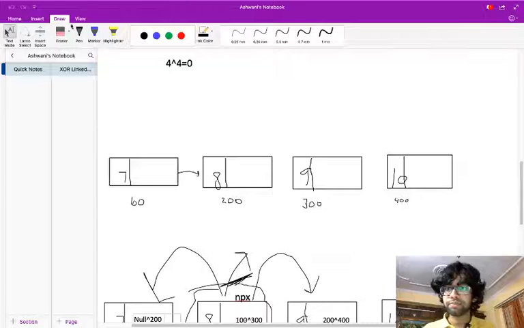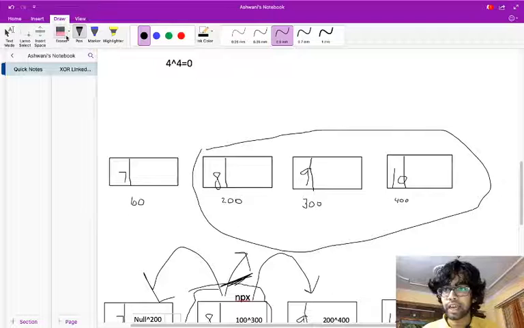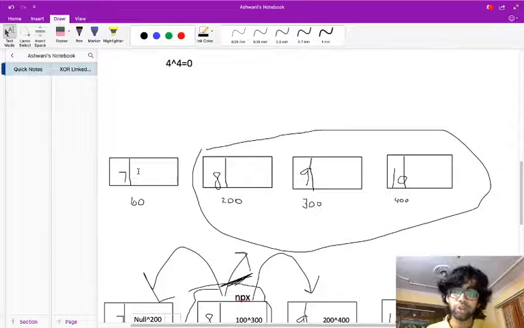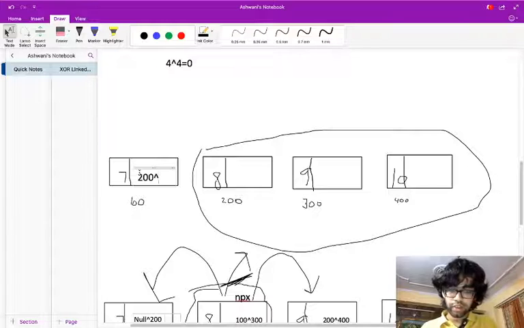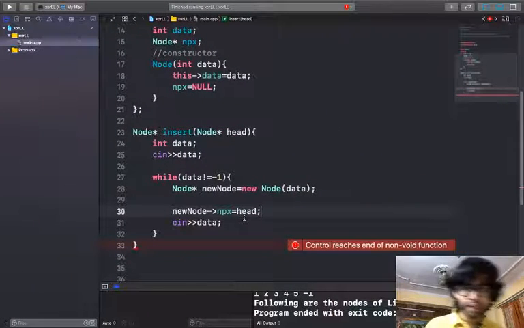Let's say this is my node. Till now this is my linked list. And now I've inserted this node. So what will I do here is that I will just simply store the address of this node. Why not XORing it with anything? Because 200 XOR null is 200 itself. So we will simply store this head's address in our new node. Okay, and later we will update the head.